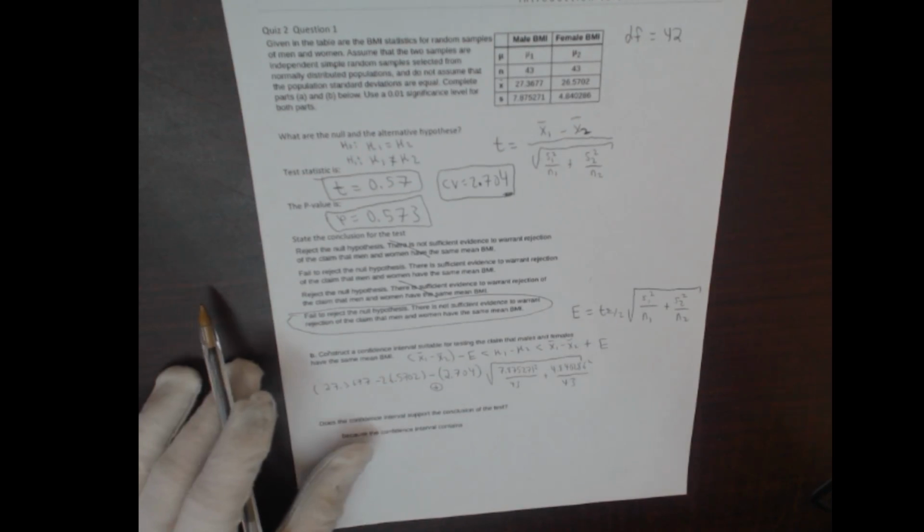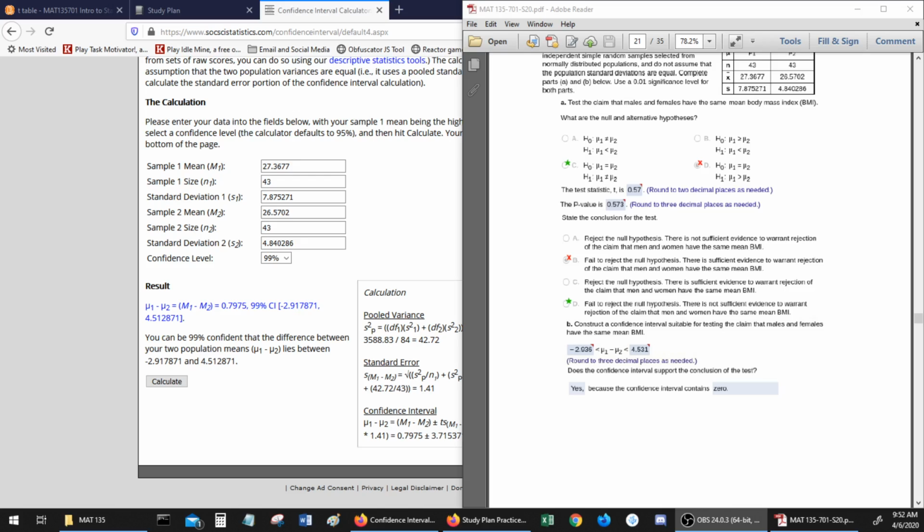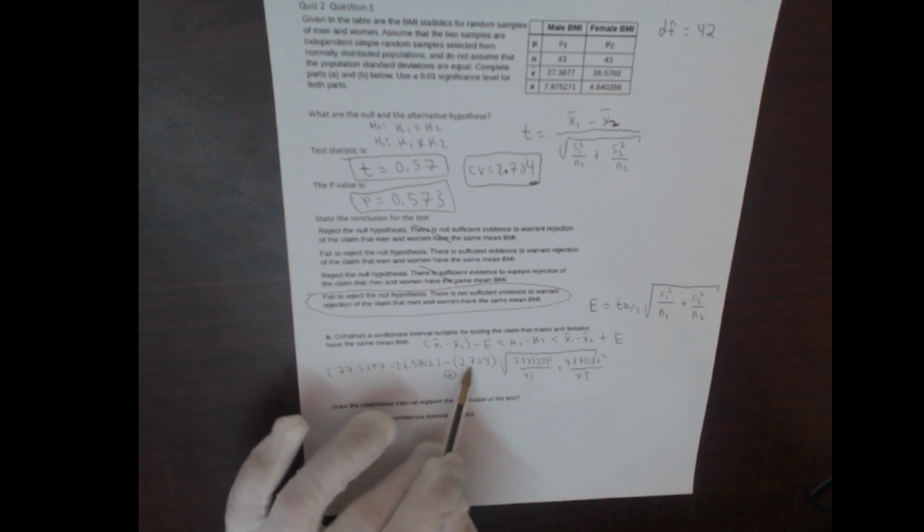Okay, everybody, I'm back. I'm kind of at a loss with what to tell you here. I have tried everything that I can think of, and I have not been able to match the answer that the book got on this one, which you can see that the book got an answer of negative 2.936 to 4.531. And I've tried every little thing I can think of, tried the numbers, tried different values, and I cannot